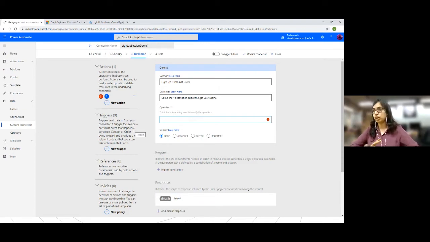It is not unique yet. It does not need to be unique globally, but within this connector it needs to be unique. For example, if I add 4 actions in my custom connector, then the operation ID amongst those 4 actions needs to be unique. That is why it says unique string for this connector. So let's say the operation ID is like that.